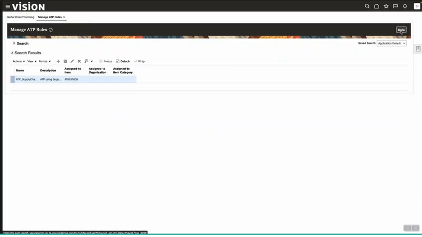which is in Oracle Supply Chain Planning Cloud. Data that is supply chain planning is refreshed in Global Order only when Global Order Promising